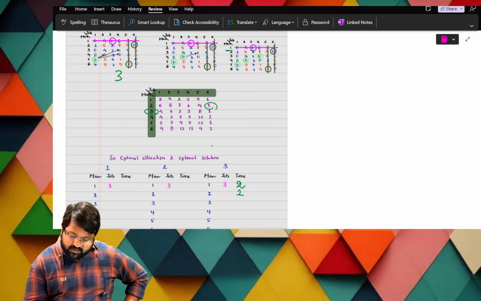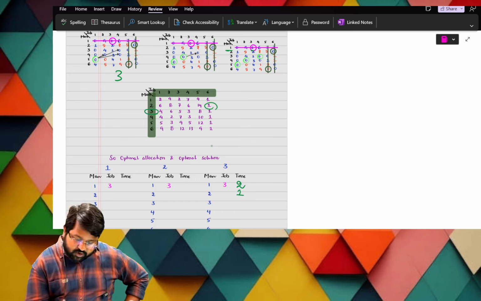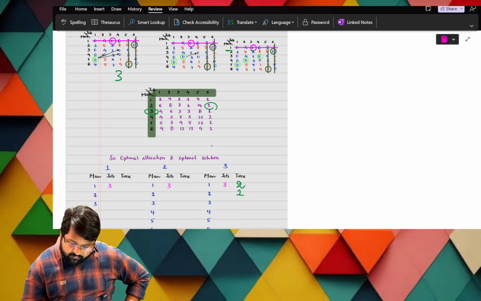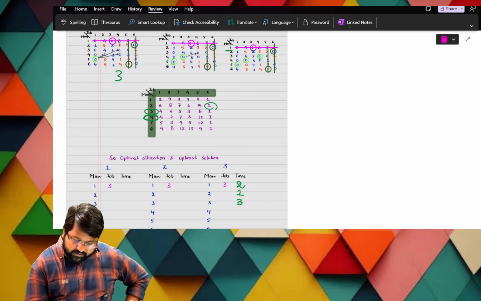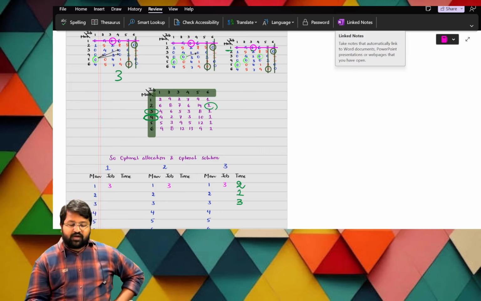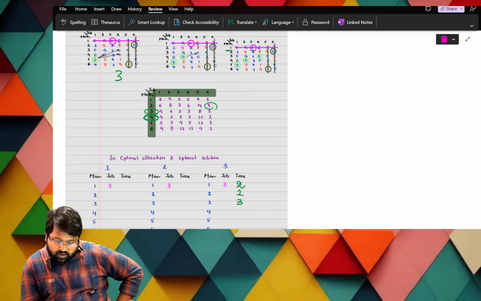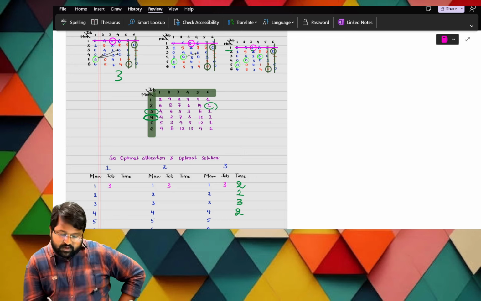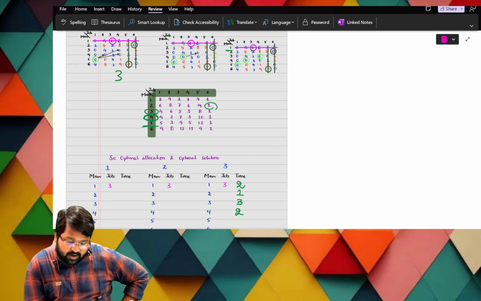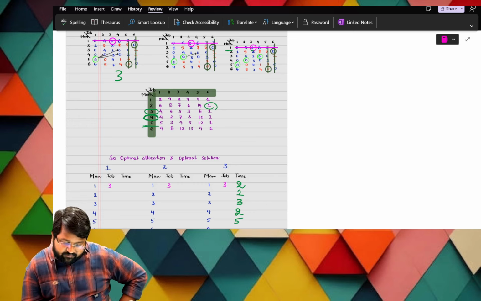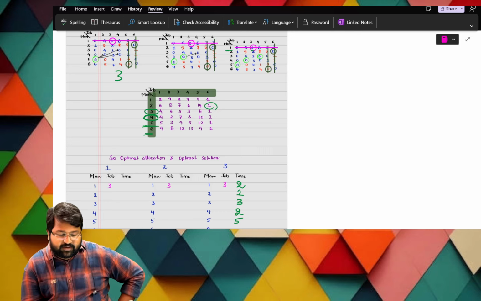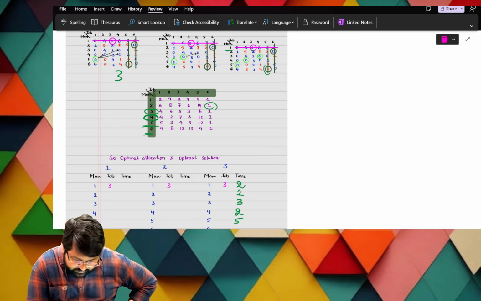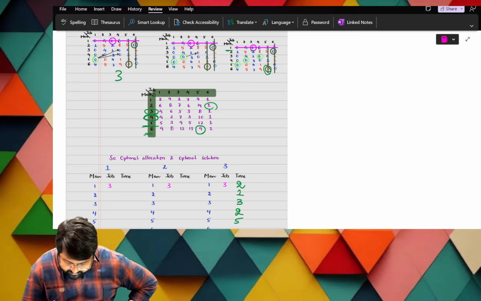Next for men 3, what is job allocated, ma? For men 3, job allocated is 4. Here for 4, it is 3. Okay. For men 4, ma, what is job allocated, ma? It is 2. The 2, what is the value, ma? It is 2. Next for men 5, what is the job allocated, ma? It is 1. For 1 the value will be 5. And for 6, what is the job allocated, ma? It is 5. Value in the 5 is 9.